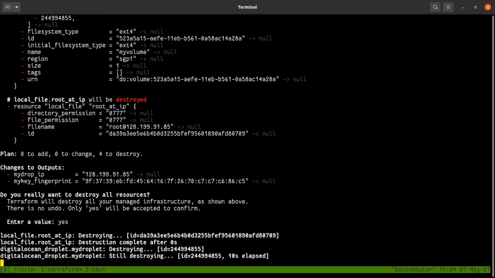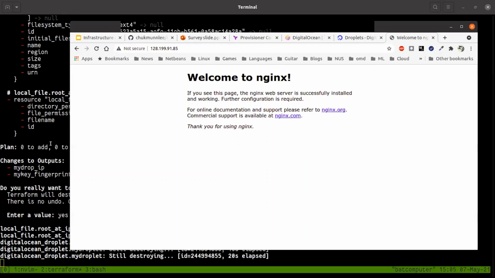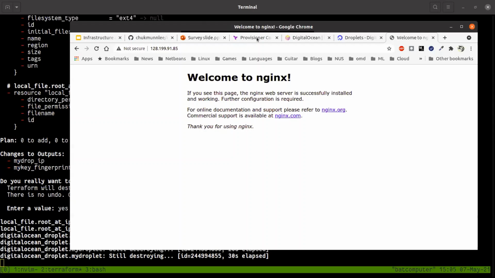Okay, so hopefully that gives you a very high-level overview of how Terraform works. Some of the main concepts in Terraform, like a provider, a resource, variables, how to handle secrets, and finally, provisioners.